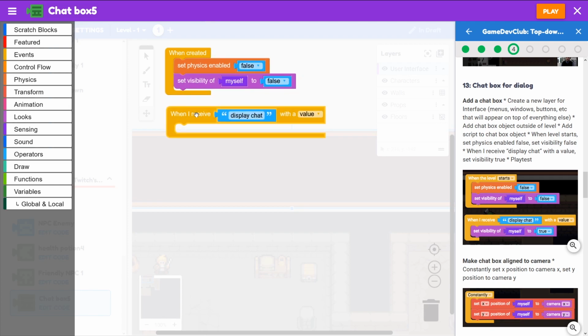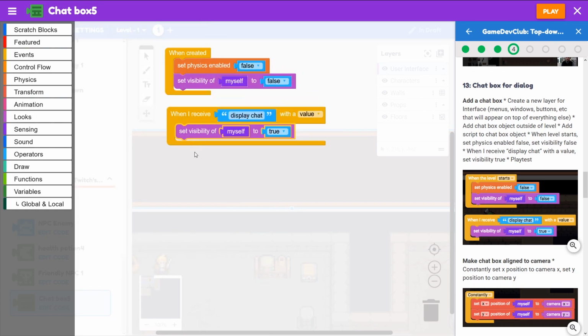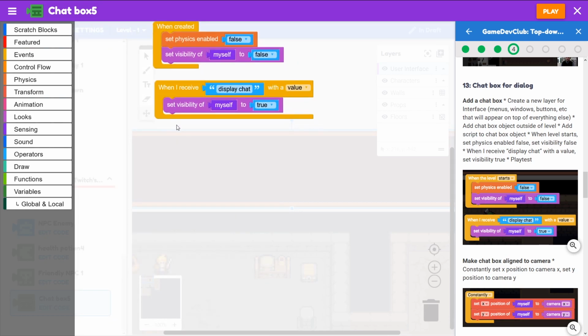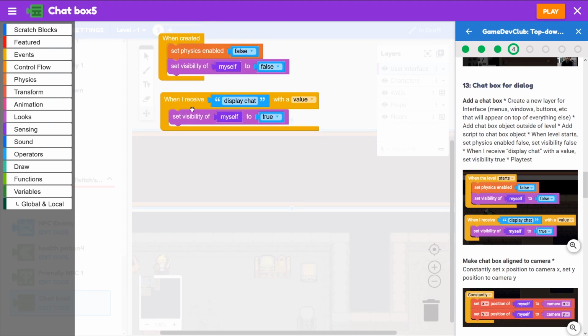Now, when we receive that display chat, when we go and talk to the friendly NPC, we want to display this chat box, so we'll make it visible. The way that we'll do that is we'll go to looks and grab set visibility of myself to true. And let's test this out. If we click play,